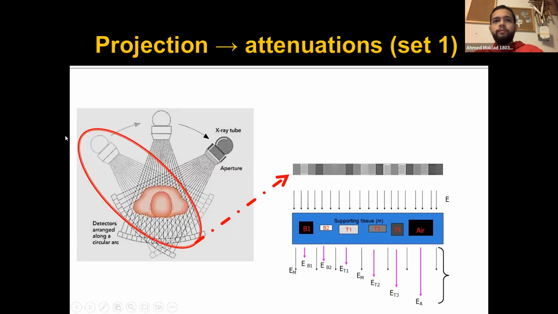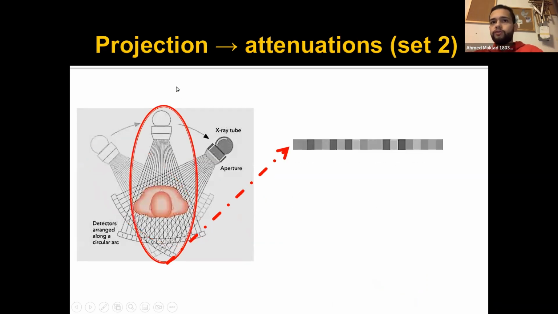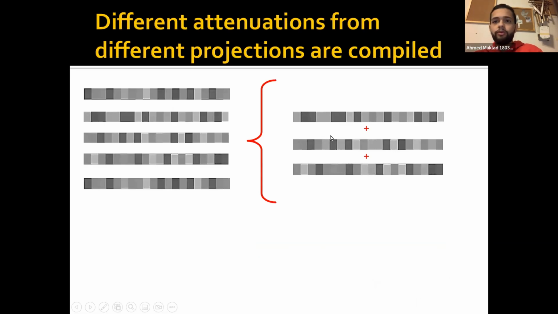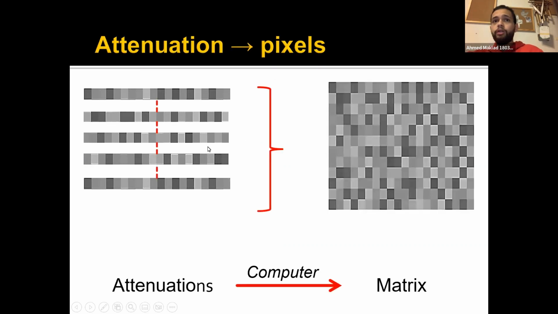This is just showing you that you get a view from here, and then it moves and gives you another view from here, and then it moves and gives you a third view from here, right? And then at the end, you're going to end up with 3 views. This is just an example. In reality, you get much more than just 3 views, right? So at the end of the day, you get 3 views right here, and then using a computer,